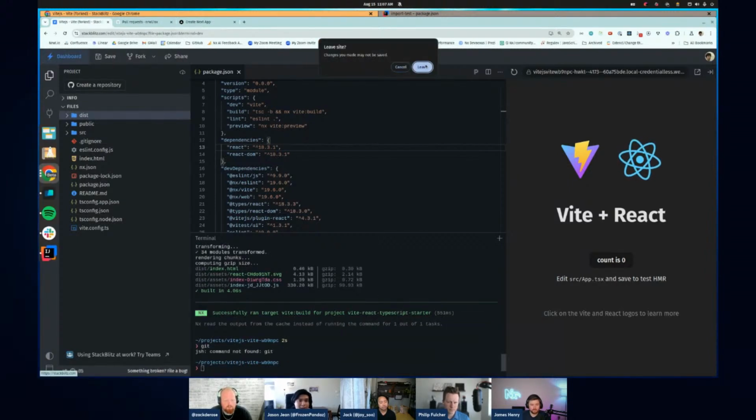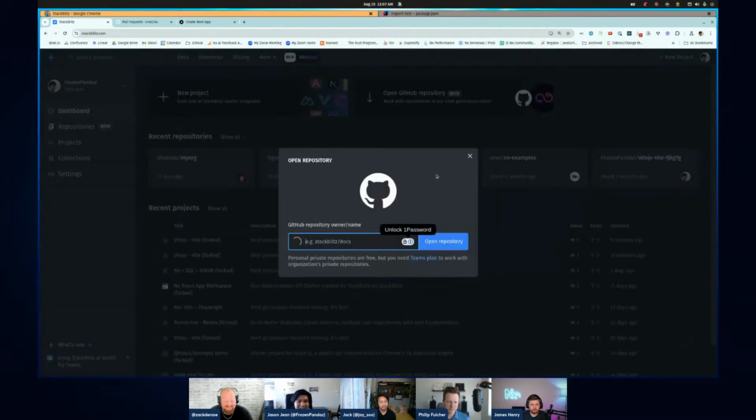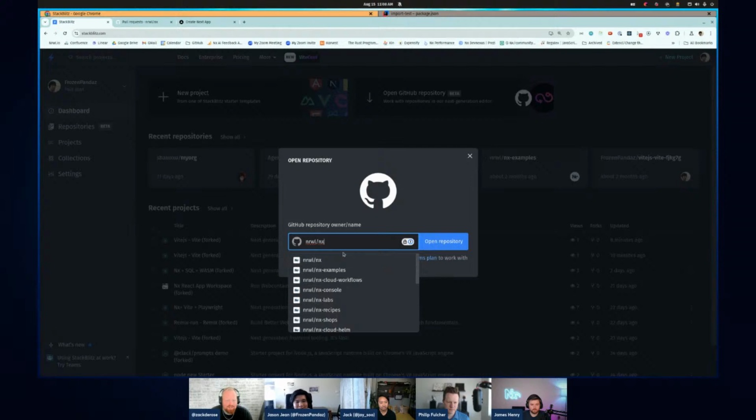But if you go to your dashboard, you'll see I have a ton of projects. Maybe some stuff that I shouldn't be showing, but you can open whichever repo you want. So I could open the NX repo. Oh, that's neat. But yeah, very cool. Again, excited to just make NX more shareable.